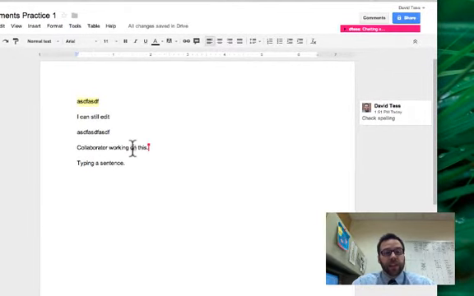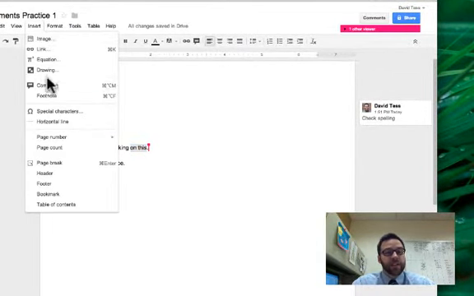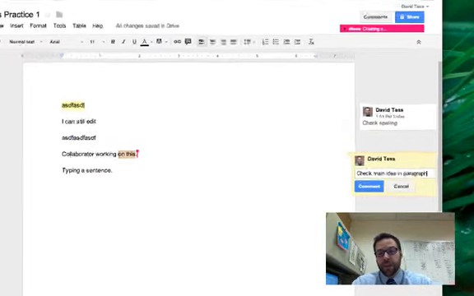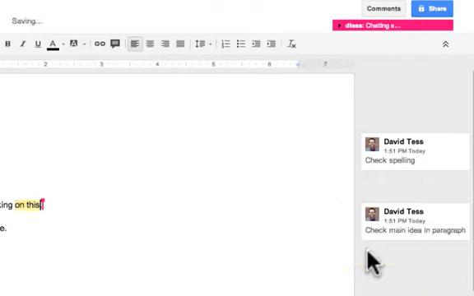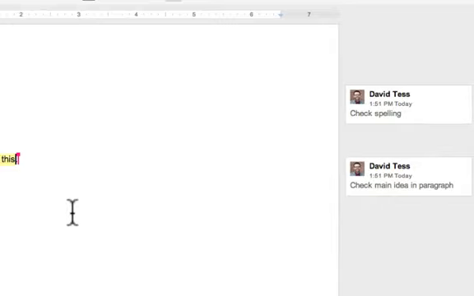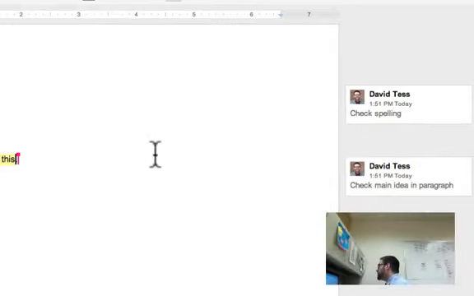I can also do things like, near the end of a paragraph, say something like check main idea in paragraph, things like that. So now I'm commenting. I'm not bothering the student. I'm not interrupting the student. Let's stop this flashing. And we're still working collaboratively, but now it's a little more asynchronous. The student can then go in here, and let's say my school account is the student. The student can go in and can comment back,